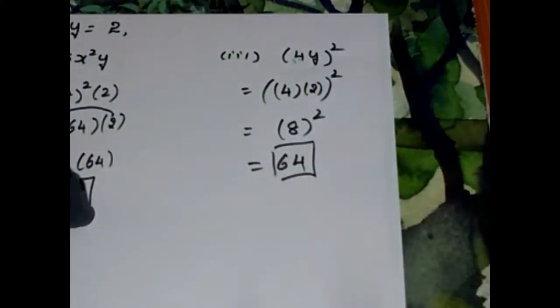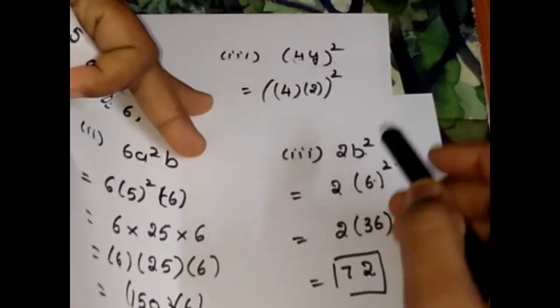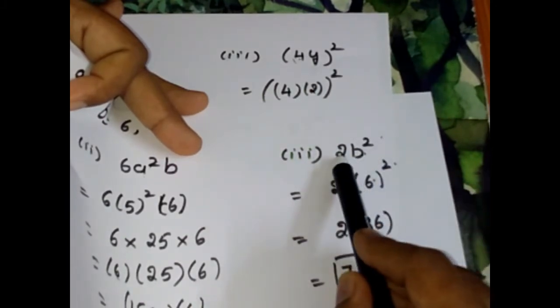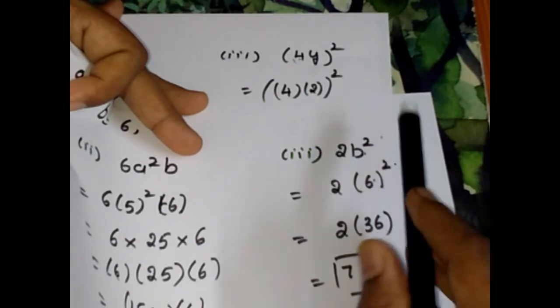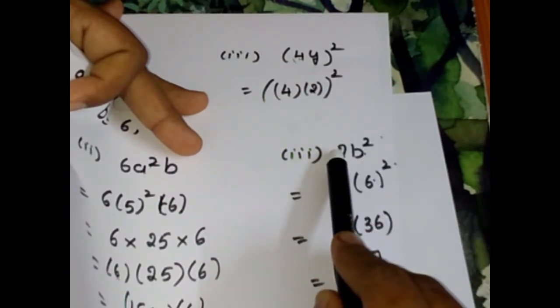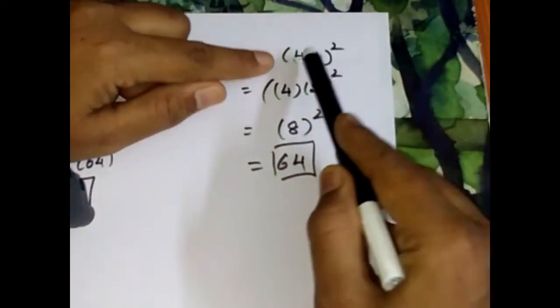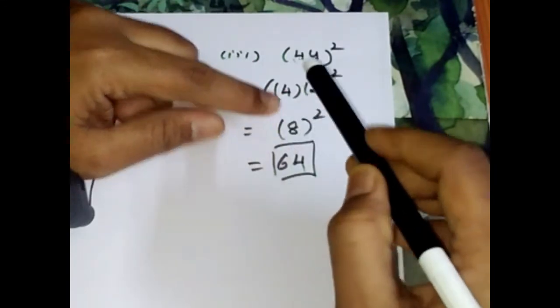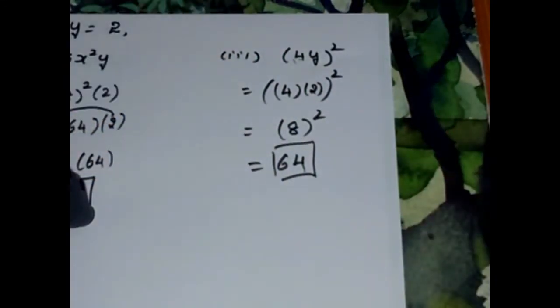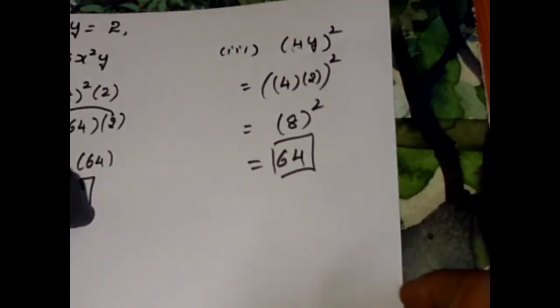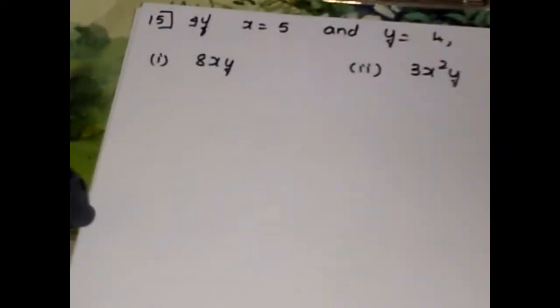So observe the 13th main last problem and the 14th main last problem. The square is same, but how it is applied? In 13th main we had 2b square. That means first we calculated square, then we multiplied by 2. How do we read this? 2 into b square. So calculate b square first, then multiply it by 2. But question number 14, how do we read this? 4y whole square. So first we have to calculate what is the value of 4y. For that you need to apply square. 8 square means not 8 into 2. 8 square is 8 into 8. 8 8s are 64.